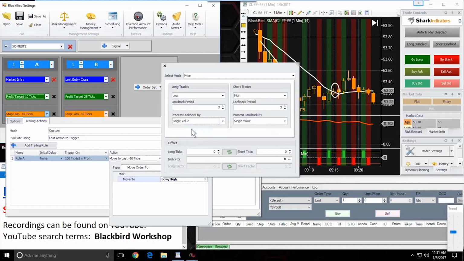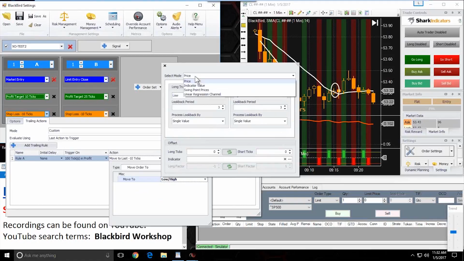Or you could just look at a single bar, right? So single value would be basically the same as a single bar. So you could just say, set my stop loss to the low of 3 bars ago. And that's what a single value would be. So, right. So we've got all of these different prices to choose from,